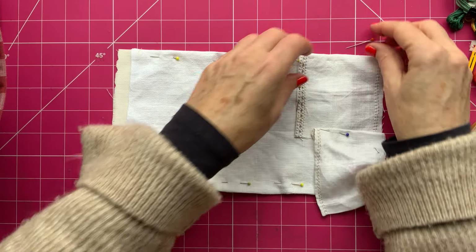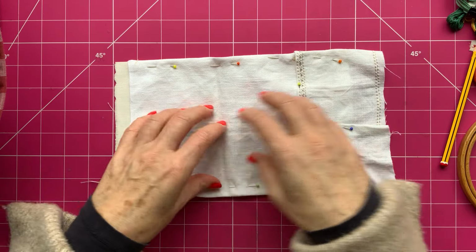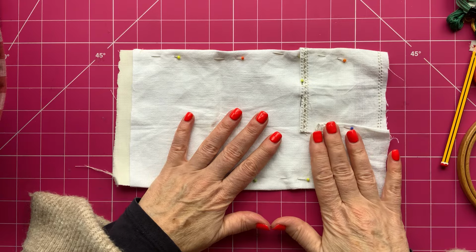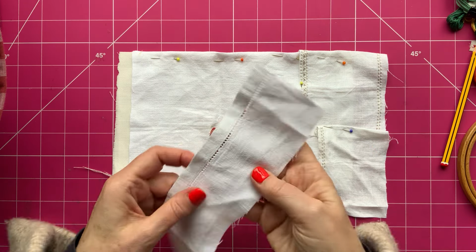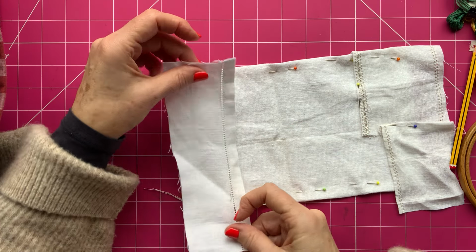So I've put, whoops a daisy, I've put that one there, and then that looked like, if you've got 3 baubles and they're on strings, that kind of looked like a string. I thought wouldn't that look good if I did that there. So 1 bauble there. Then I've got this piece of fabric here, and I thought I would do,